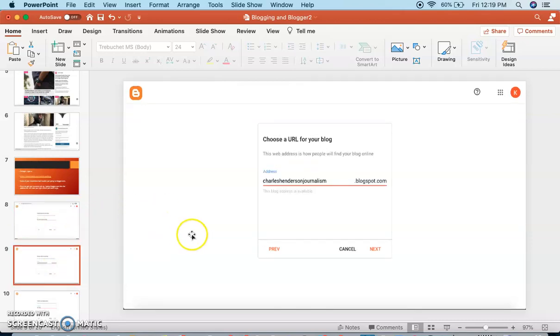From there, you'll click next, kind of like right here, and you'll see choose a URL for your blog. Now here, my URL is charleshendersonjournalism.blogspot.com. Blogger will go ahead and give you this portion. So all you have to come up with is something right here that you would have your friends and family type in if you ever wanted to show them your blog.